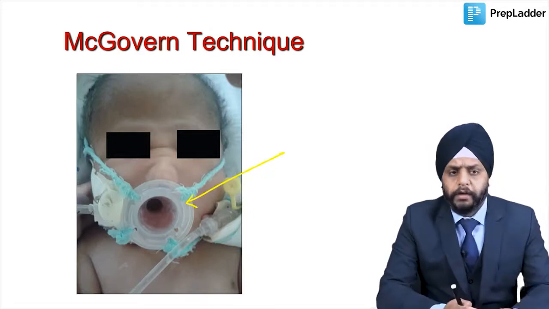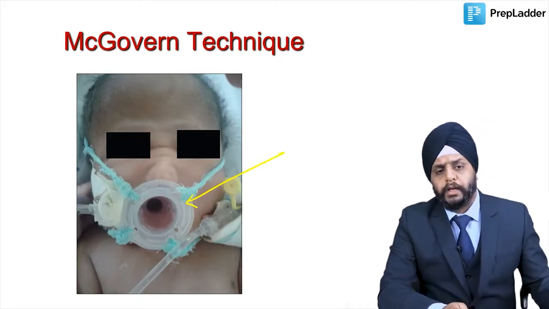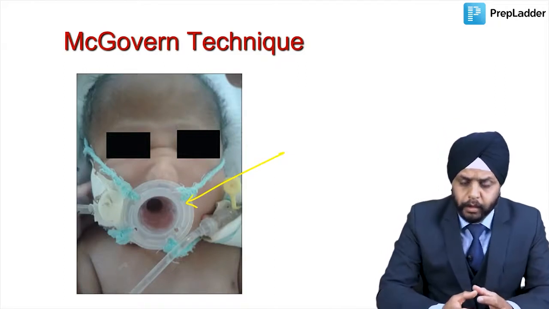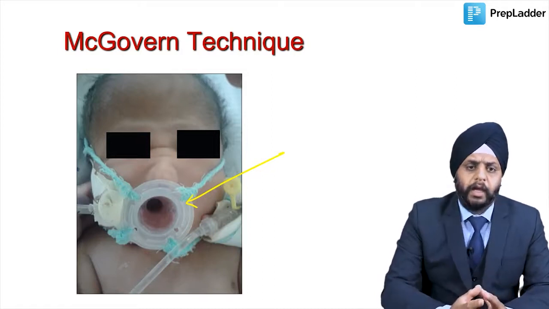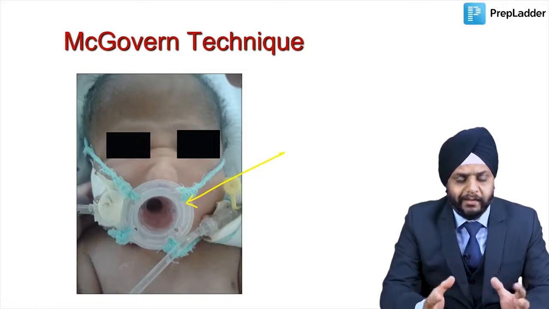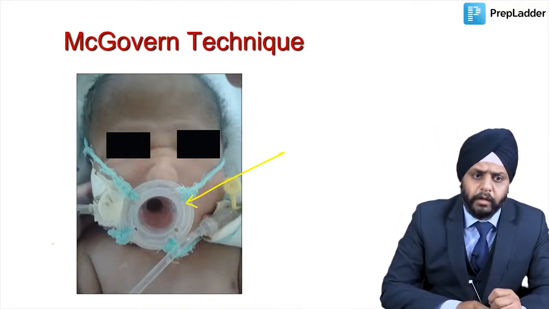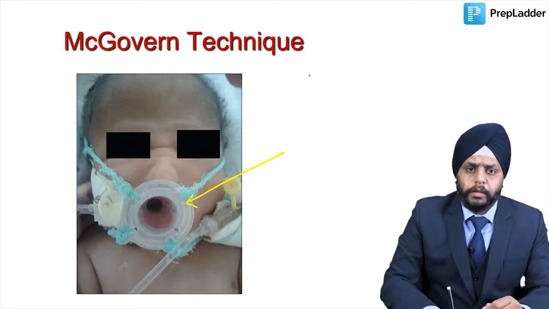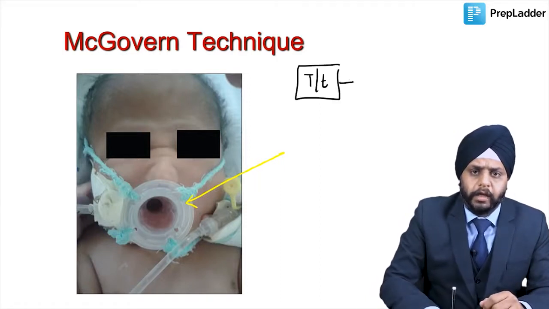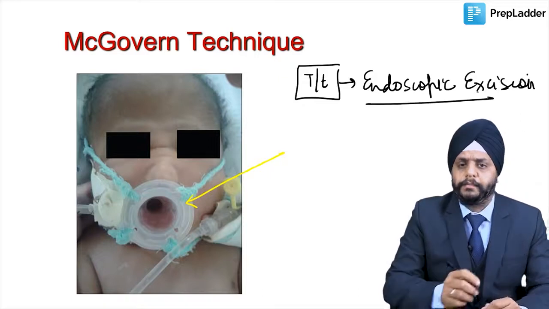What treatment will you give for bilateral choanal atresia? You see, bilateral choanal atresia is a life-threatening condition. So we have to operate on the patient as soon as we can get all the clearances, and the surgery is to excise the atresia part. For excising the atresia part, we may even have to drill the bone. So the treatment for choanal atresia is endoscopic excision of the atresia part.